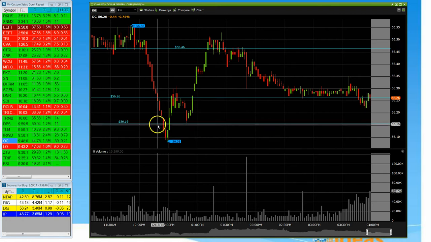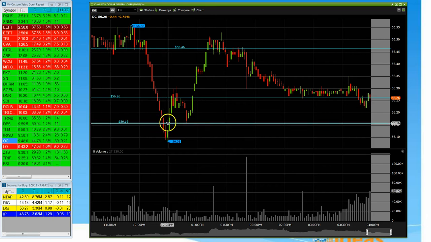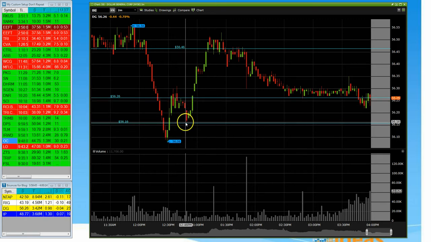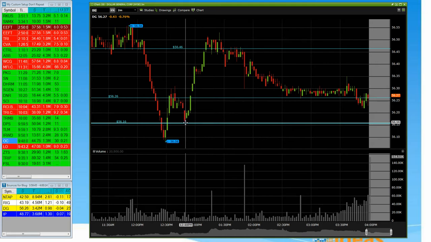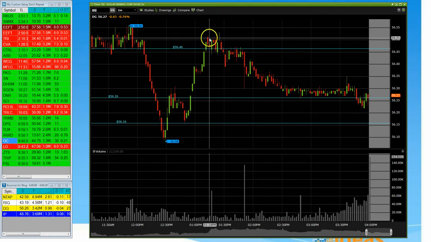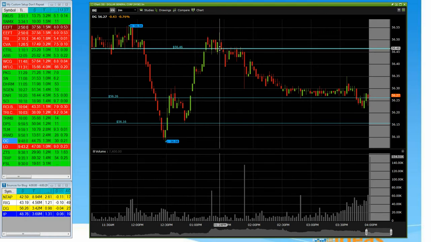And so I was able to get into the trade at 56.16, and it immediately went up and it chopped around this area, and only because the market was a little bit soft and it was chopping up and down, I decided to get rid of half at 56.26. So only for a dime profit, but I decided to take that sure gain. And in fact, I almost sold here. I was telling the room that literally, if it had gone down one more penny, I was out of the trade. But I was able to hold on, and then I was nicely rewarded because when it moved up through here, and then when it moved back down into this area, I got out at